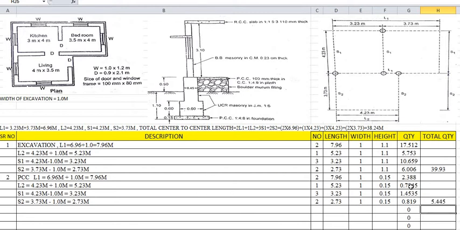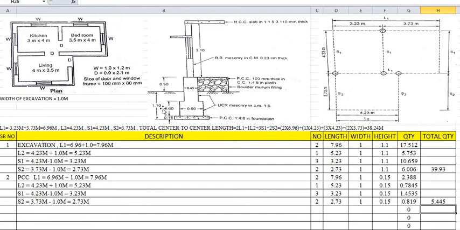So what will be the total quantity of PCC? We have just added 2.388, 0.7845, 1.4535 and 0.8119. We have added these 4 quantities. We started from this line as PCC, so these 4 lines are for PCC. We just added these 4 lines, from 2.388 up to this. So what is the total quantity of PCC? That is 5.445 meter cube. So in this way we have calculated the quantity of PCC also.